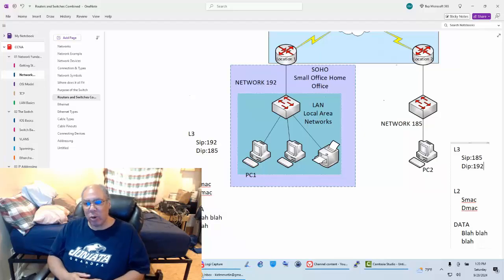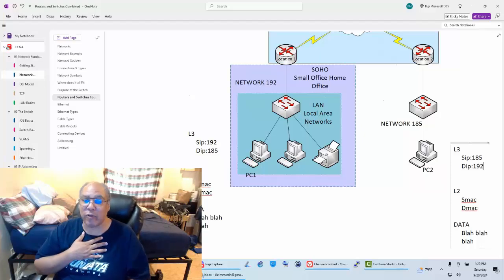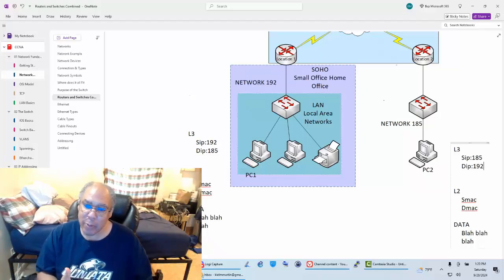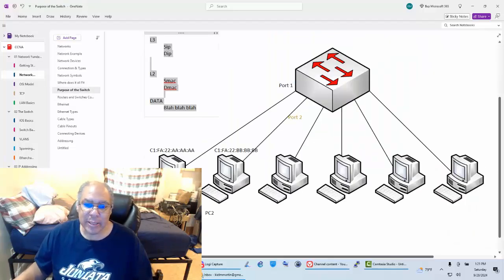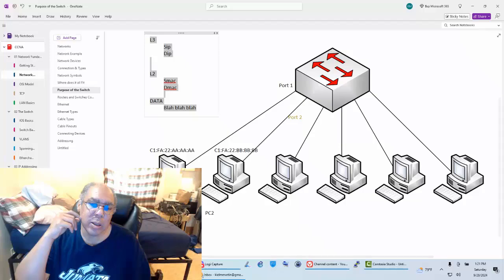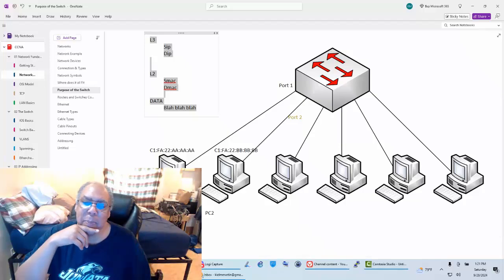Now, how do PC1 and PC2 build that layer 2 information? It knows what its own MAC address is. How does it know what the destination MAC address is, where they're going to? Well, let's go back to this page right here. PC1 is going to say, you know what? It wants to go to BBBB. Let me go ahead and look at my table,